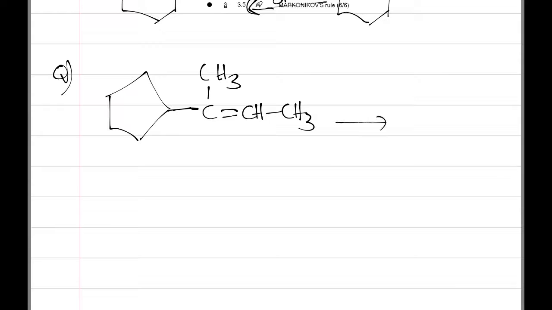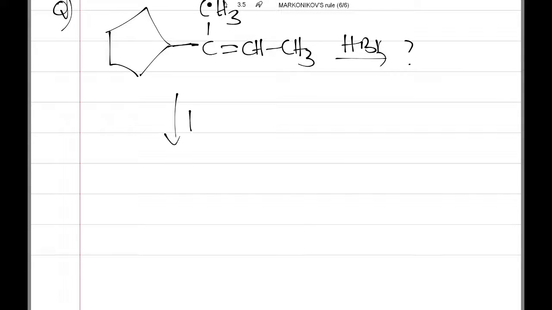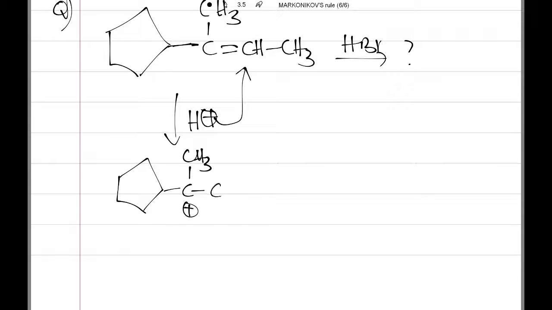So I am taking this one here: CH3, here it is the double bond, and it is CH3. This one I am taking as an example. Okay, right. So when I react this with HBr, what is the product of the reaction? In the very first step, H plus is attached to the side of this alkene with the hydrogen. Now we can get the C and the CH3, and a positive charge forms here, and CH2CH3 forms.